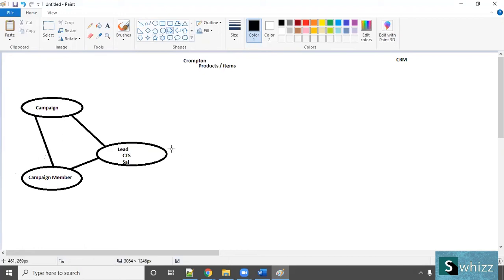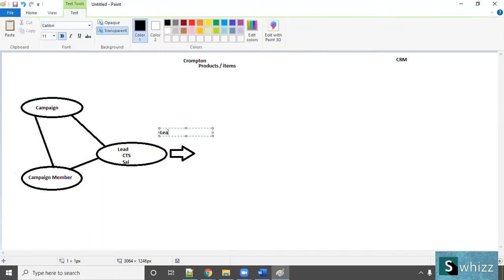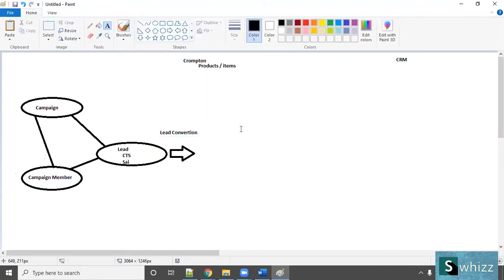Now there is a part called lead conversion. What is that? Lead conversion means I cannot provide service to you when you are a lead, because I don't know whether you become a positive lead or a negative lead. Might be leads will be dropped. If you are unable to take my business, what happens? So if I want to provide a service to you, we need to reach some mutual understanding. You need to pay some amount. Then only we'll start the business.